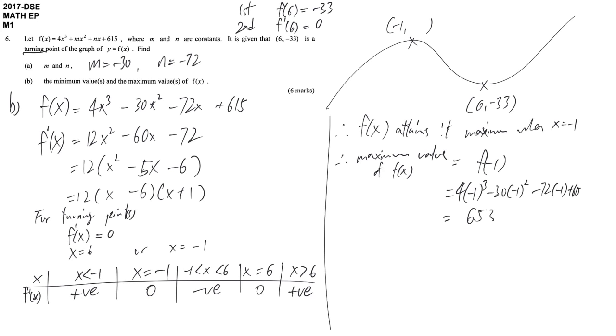It is 653. And f(x) attained its minimum when x equals 6, so the minimum value of f(x) is given by